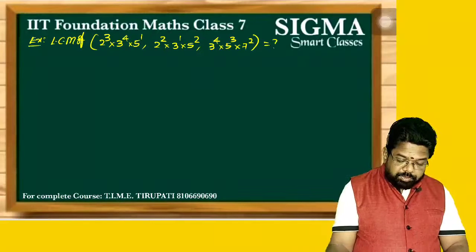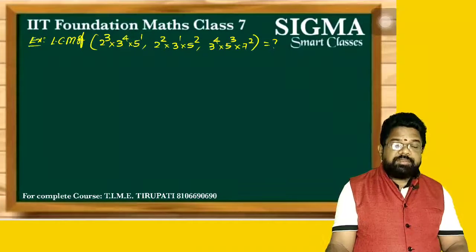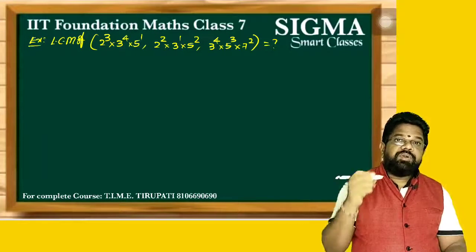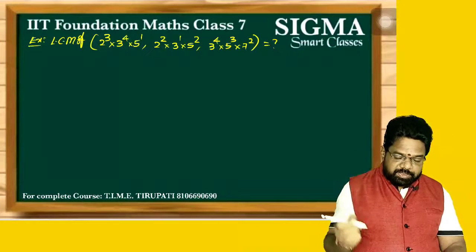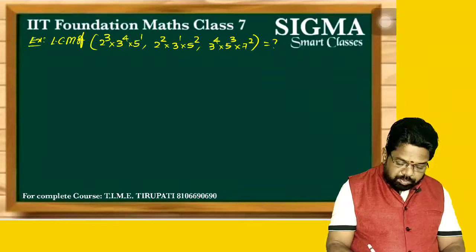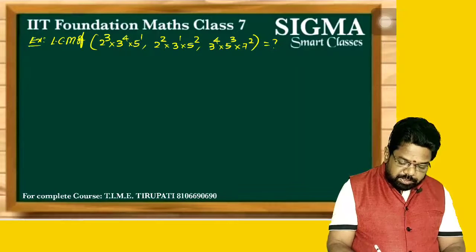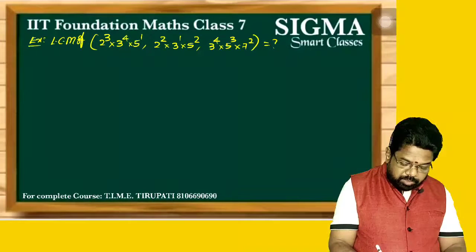Okay. Now see here, which one you have to take? LCM means least, but least means you have to take the highest. That is our logic, it is opposite. Least means highest. So for the highest power of 2, what is the highest power? In the first term 2 power 3 is there, that you have to take.